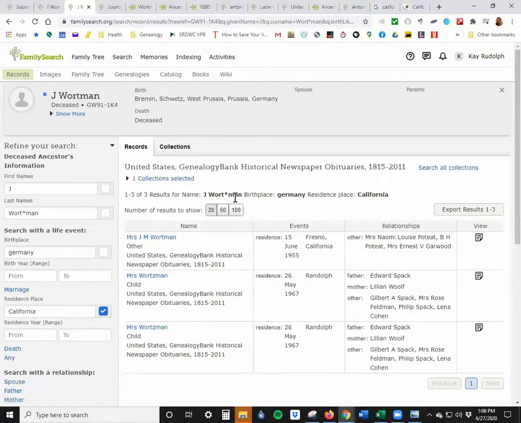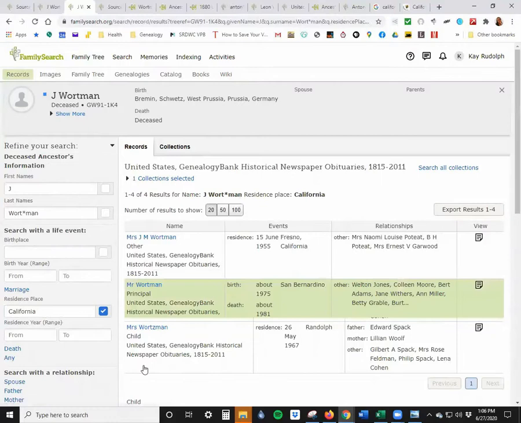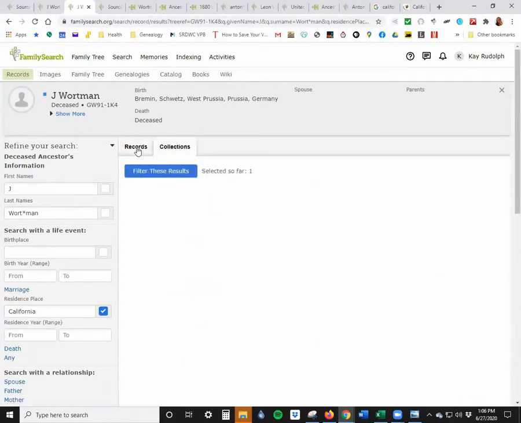Okay, so that was late too. So we are not finding this Wortman. Maybe he insists on being born in Bremen. Let's forget that. And let's just look for him in California. And let's